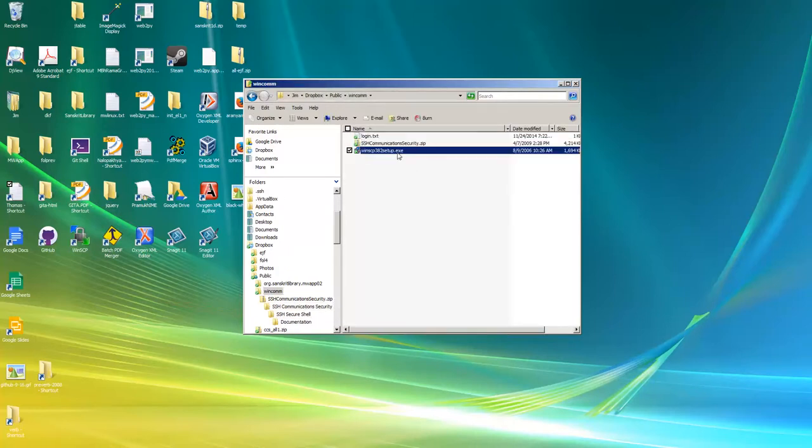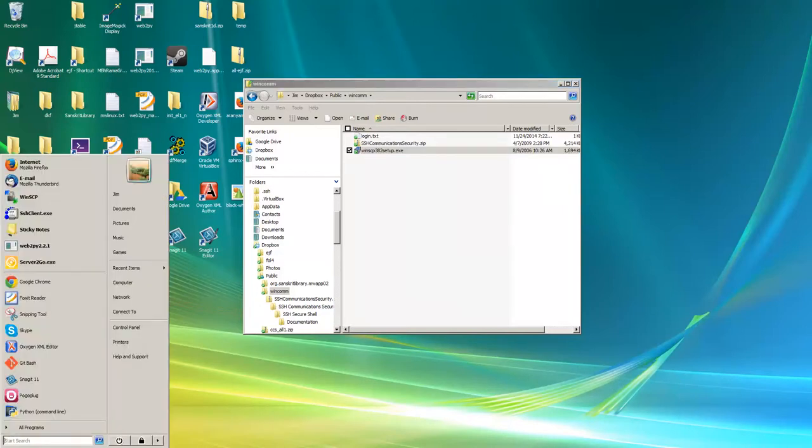Now the other program is WinSCP. There are newer versions of this that you could download from the WinSCP site, but this old one works just fine for me. Probably will work for you. And this has an installer program, which is what this is. So you just double click this and go through the usual Windows installation procedure to install it. And again, I arrange things so that I have this in the start menu also